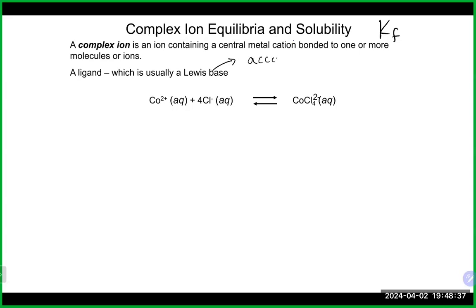Accept, donate, one of those two. Donate a pair of electrons. Yes, so that is a Lewis base. A Lewis acid will accept a pair of electrons because they are electron deficient. They're positive. So Lewis bases are the species that have a pair of electrons to donate, and things like chloride, which